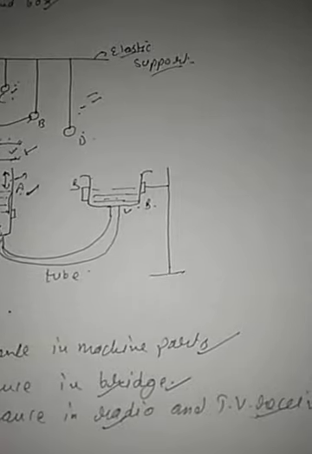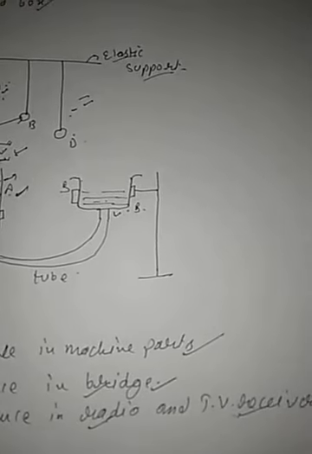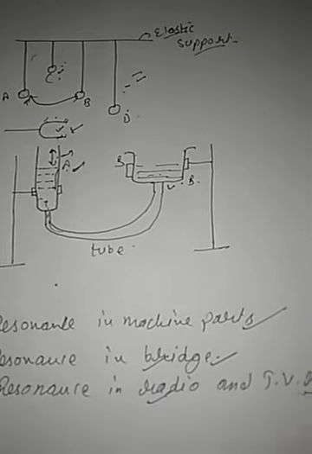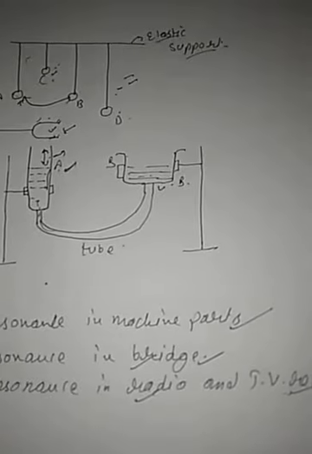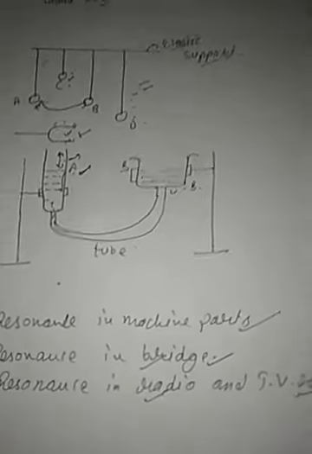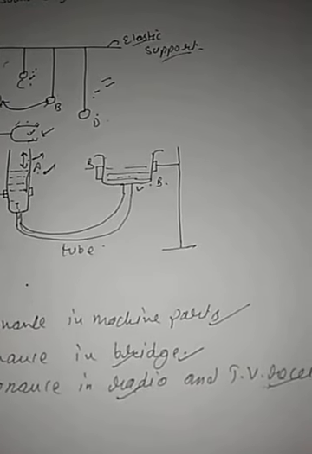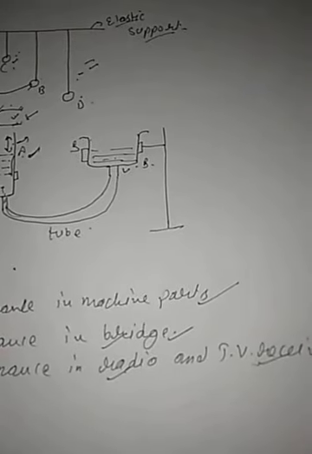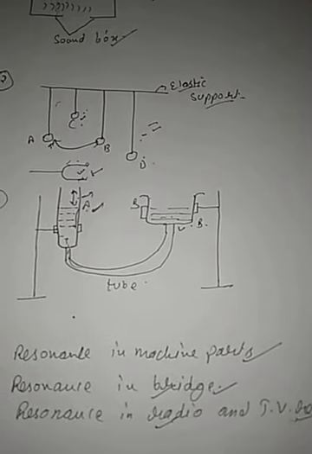And a situation comes when, as the value is changed, the frequency of the upcoming signal and the channel which we want match, and it is transferred while the rest of the frequencies are left out, because the condition of resonance occurs. The frequency which we want and the frequency which is coming match, and we get the channel on our TV or radio.